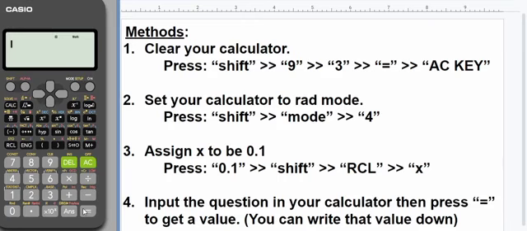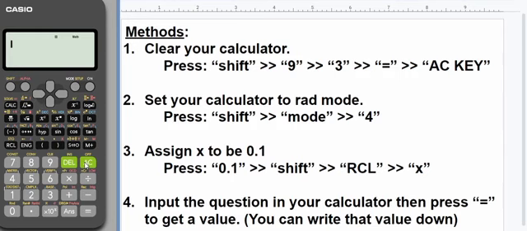And this is my calculator which I just brought out. You can clear your calculator by pressing shift 9 3 equals to AC. So that's how you clear your calculator. Like I said, you don't need to keep cramming this step, or cramming mathematics. It's just for you to understand it. As time goes on, when you keep practicing and practicing, you are going to get used to it.